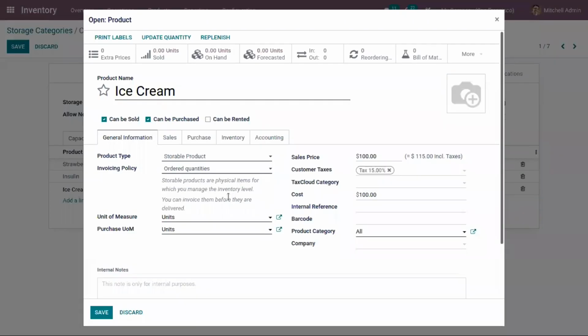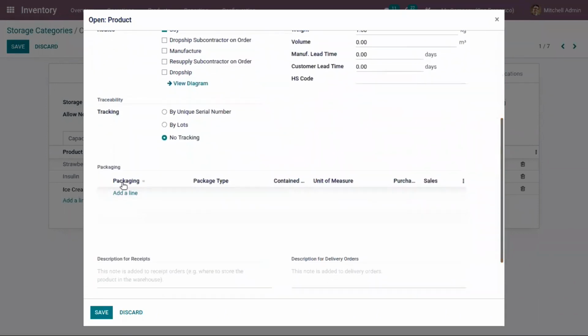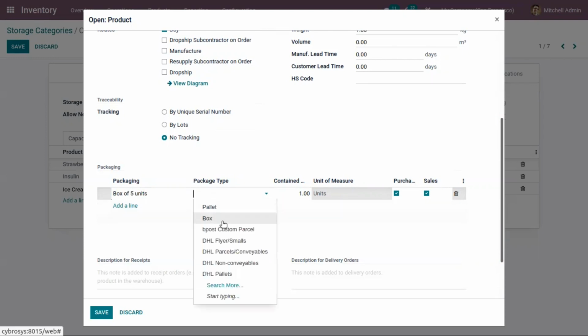Now go to external link, and here under inventory, you can add packaging for your product. So I'm adding box of 5 units and choosing the package type as box.